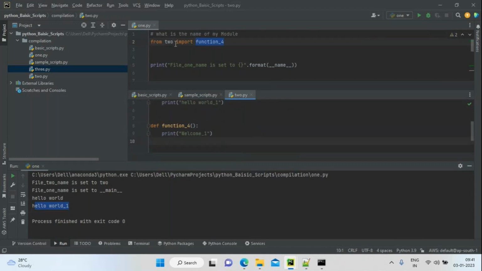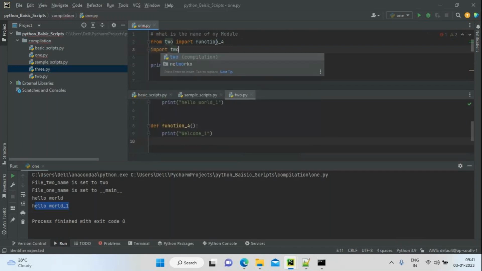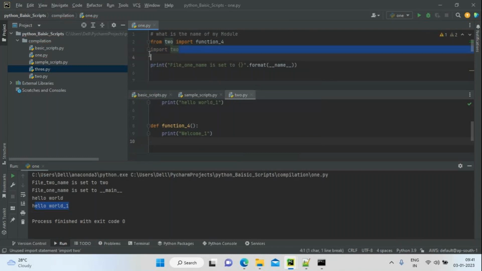If I use import 2 directly like this, what will happen? The entire module, function 3 and function 4, will take memory. This is not the perfect way. You have to use from, the module you want to import in your current module, and then import the corresponding functions.